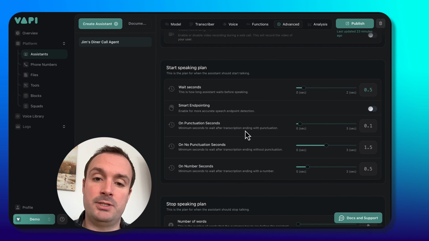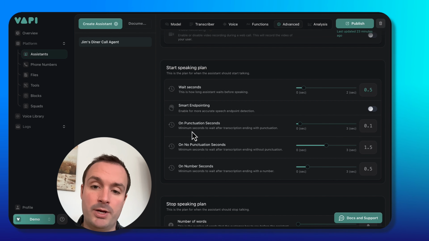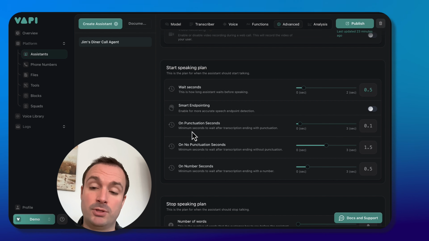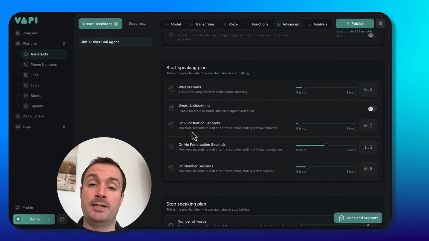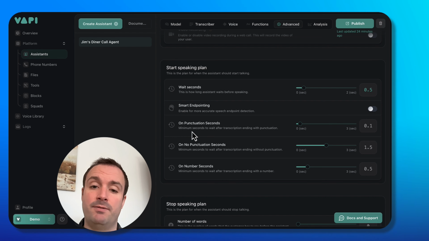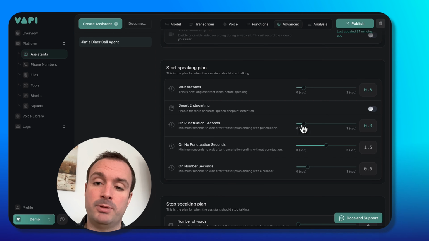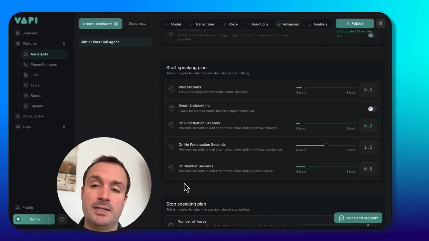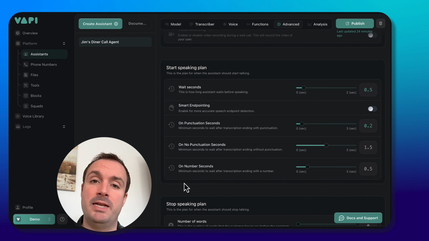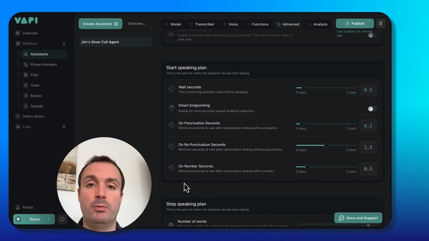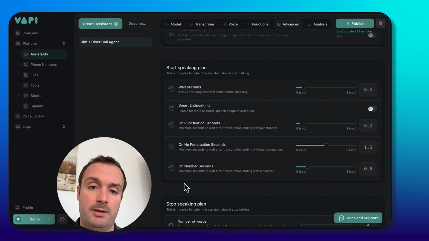On punctuation, seconds. So if, for example, the transcription ends with a full stop from the customer speaking, then it's only 0.1 of a second because the AI has figured out, okay, that person's finished their sentence, they're finished speaking, I'm going to step in now. So that's generally a bit shorter. But again, you might want to just bring that up a little bit just to give it that slight pause. In real life, humans, we don't necessarily always respond absolutely immediately as soon as the other person's finished speaking. We normally sort of process that information,